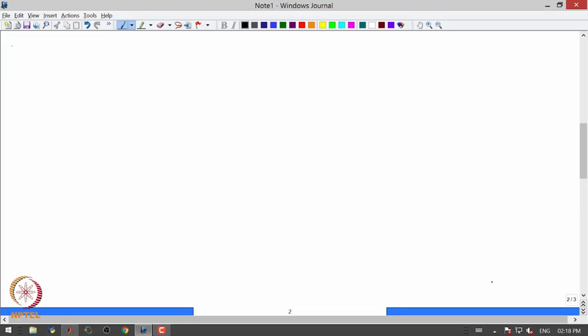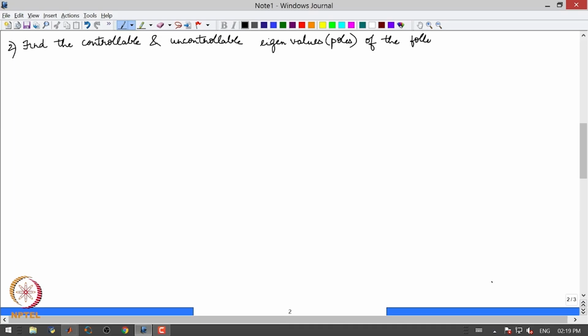So, going into the second problem. In the second problem, we are asked to find the controllable and uncontrollable eigenvalues, which are nothing but the poles of the following system. x dot is equal to Ax plus Bu, where this is the A matrix, and B is [1 1] times u, that is a single input. And then after finding out the controllable and uncontrollable eigenvalues,